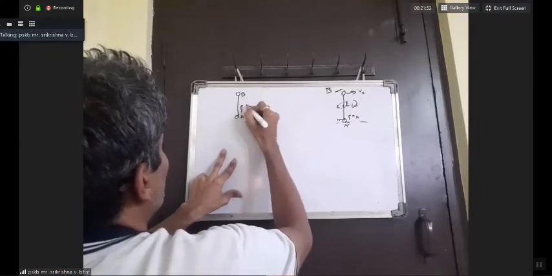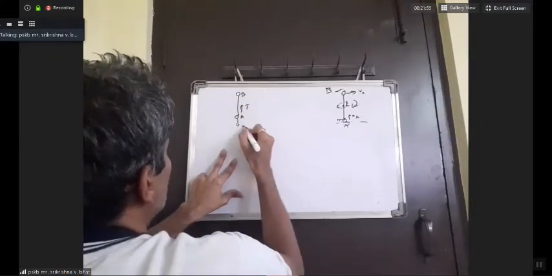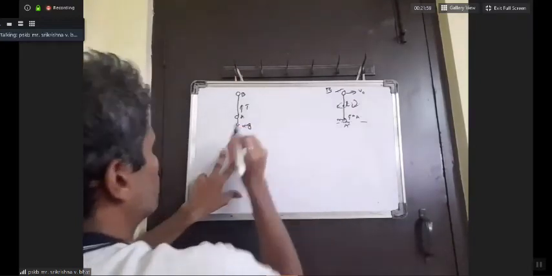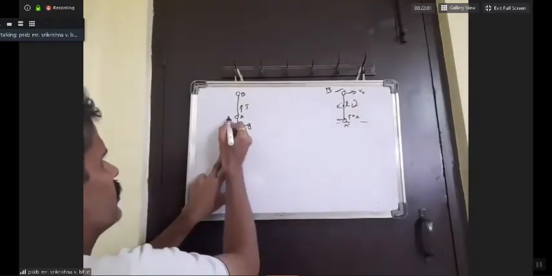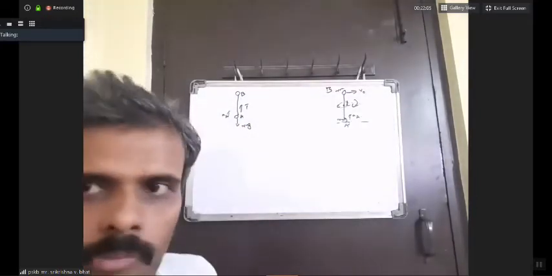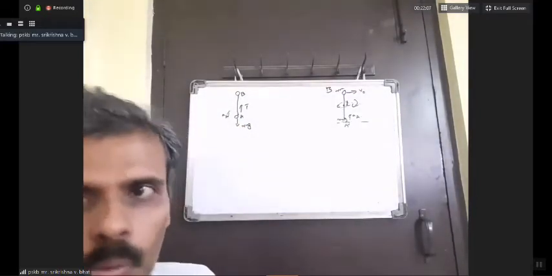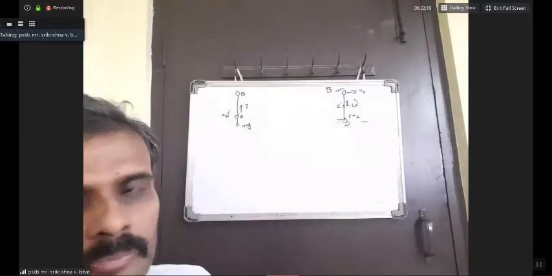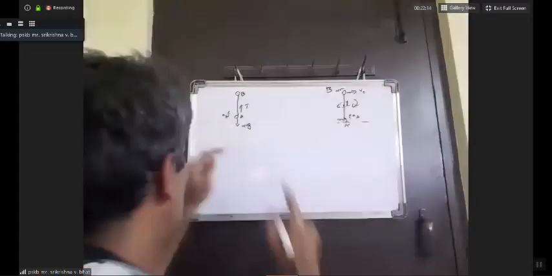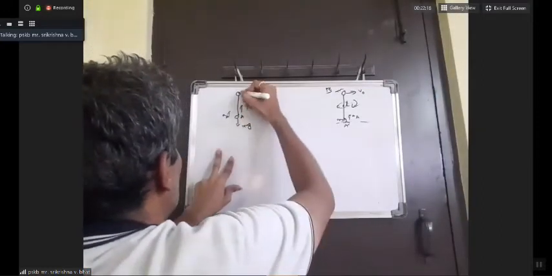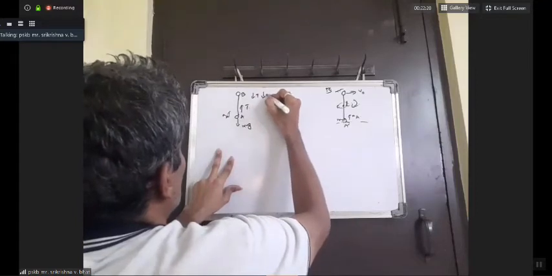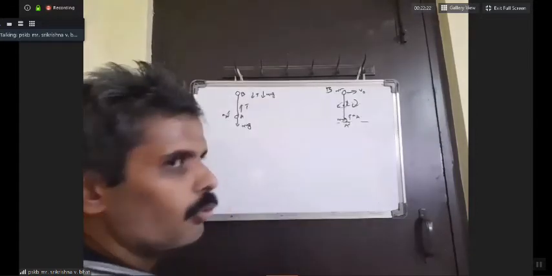The tension force acting this way, mg downwards, okay, on A. So I'll assume that A is having an acceleration upwards. It should be upwards only, right? Otherwise it won't lose contact. Either it should be 0 or it should be upwards. So I'll assume acceleration is upwards for us. And the tension on B also will act this way. mg will be downwards. So these are the forces which are acting.